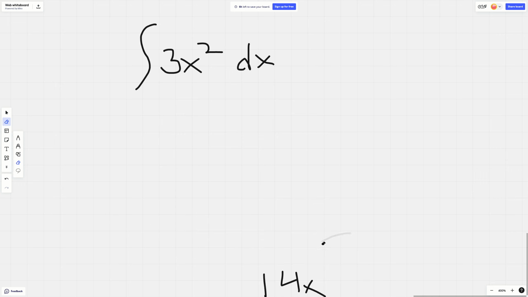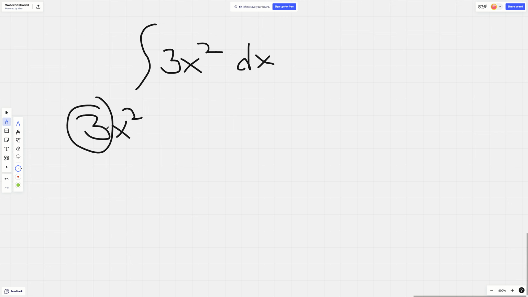So the way this would actually work is, okay, we have 3x squared. Let me write that down here as well. We're trying to take the integral of that. And in this case, instead of using our power rule for differentiation, since this is integration, it's literally the inverse or the opposite of that, we're going to use the reverse power rule, where instead of subtracting 1 from our exponent, we add 1. And instead of multiplying that result by our coefficient, we divide by that exponent result, right? We're literally just doing the inverse of what we do with differentiation